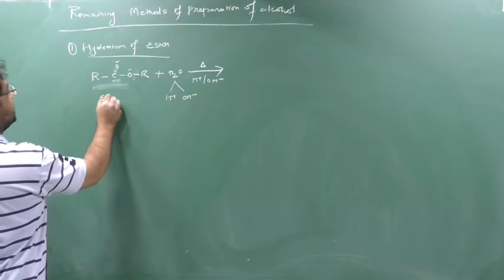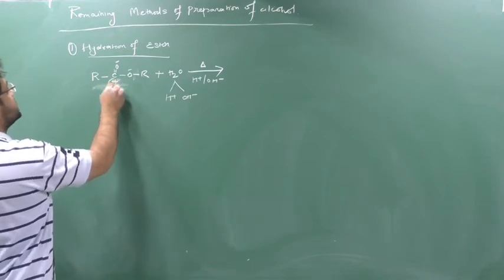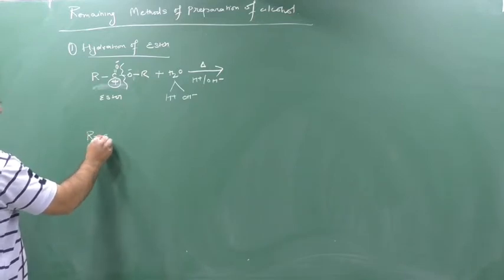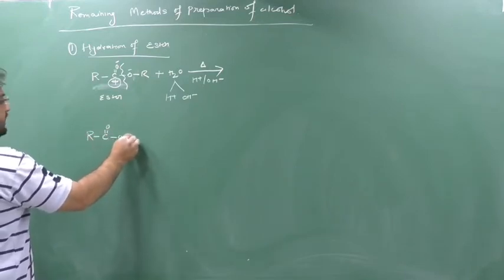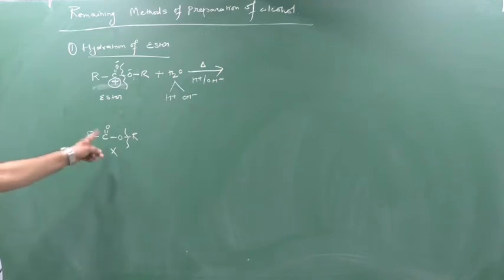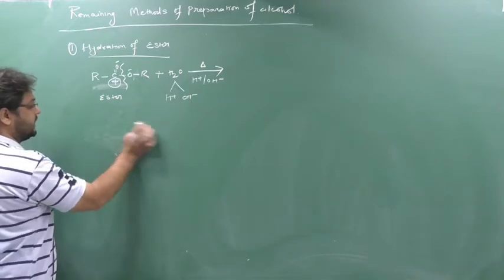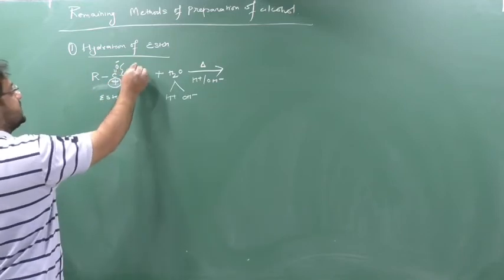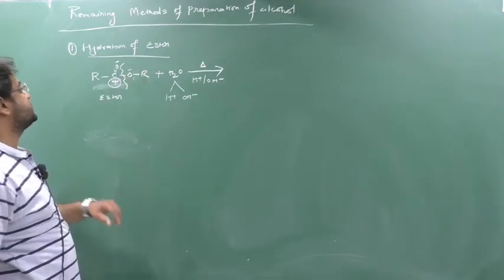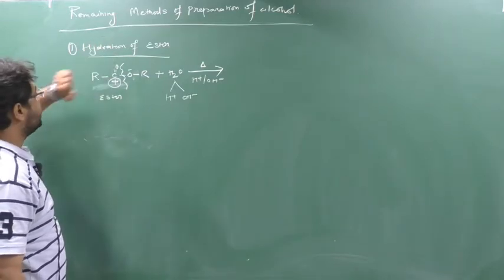So this is an ester, and this carbon is associated with this positive charge. So splitting will always occur from here, not from there. Please remember how to split it. Most of the students will split it in this way. No, this splitting is wrong. You should split from this carbon so that you get the correct answer. This part will have the minus charge, and this whole part will have the positive charge.